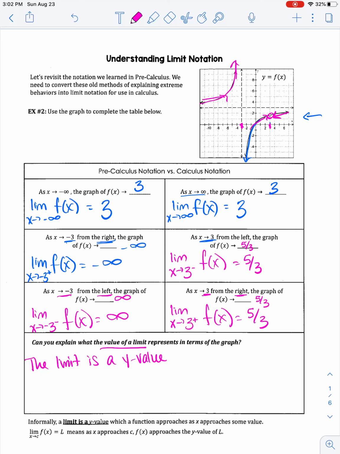Just because, remember, this was a hole. So it technically doesn't have a y value there. So it just wants to know what you're approaching. So the limit is the y value that the graph is approaching